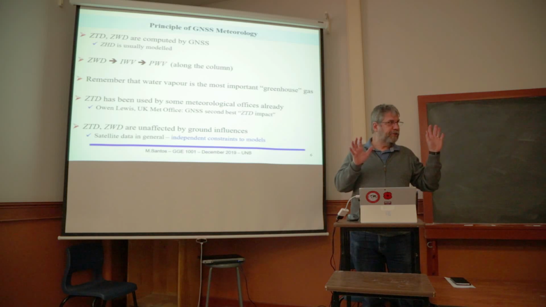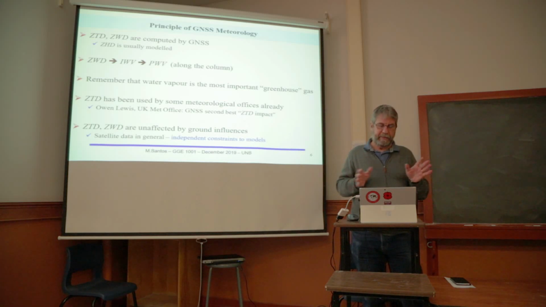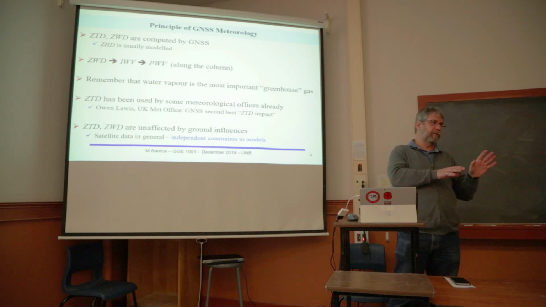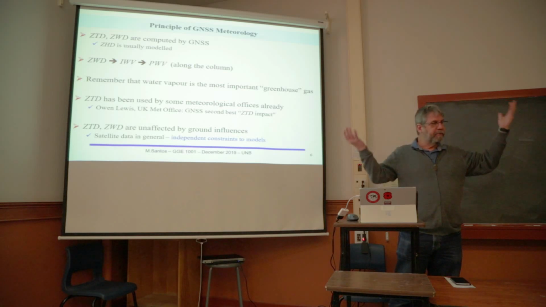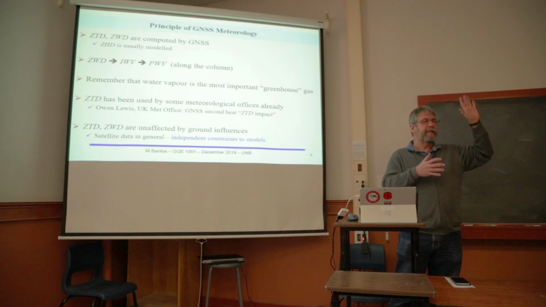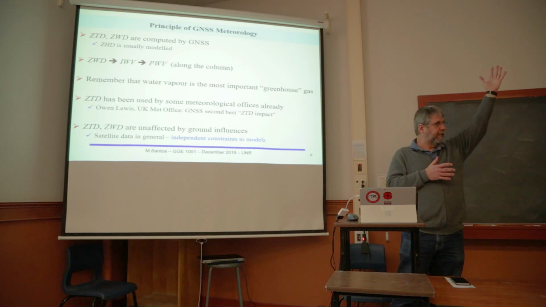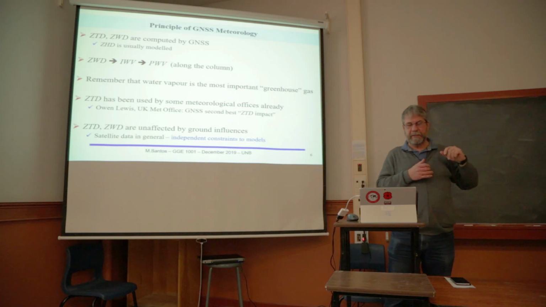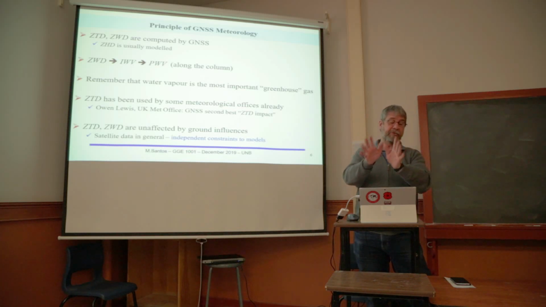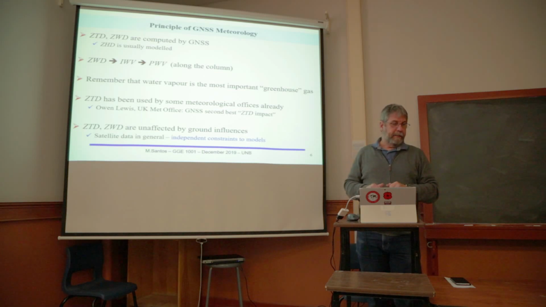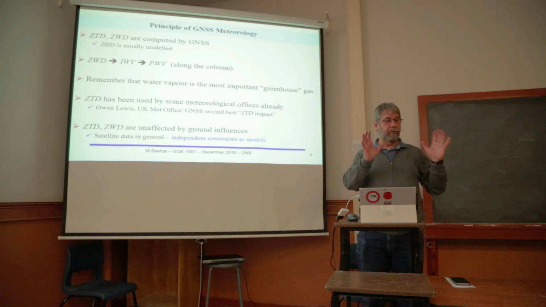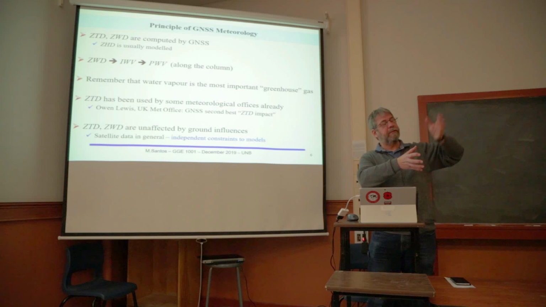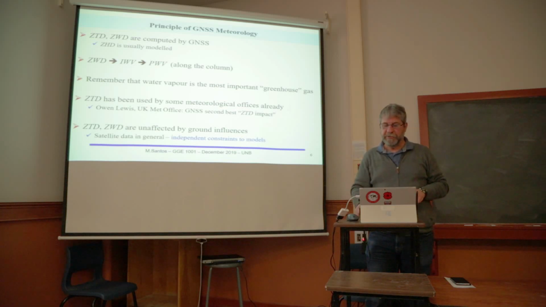Okay, so satellite data in general can be used as independent constraints for models. It can fit the models, and can also be used as constraints to models. Satellite data here will be a general term, including GNSS, but I'm also referring to the satellite data from which we can measure temperature indirectly. But I'm not talking here about that in my discussion on GNSS. We can also do so-called radio occultation with GNSS, which I'm also not talking about. I'm talking about satellite GNSS observations collected by ground receivers.